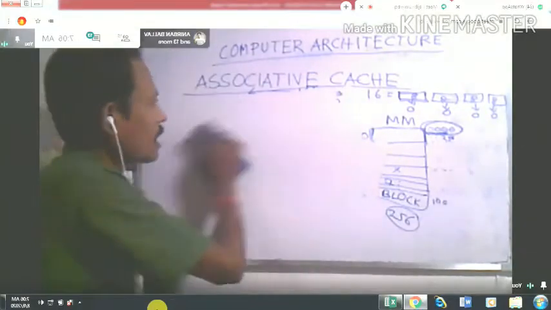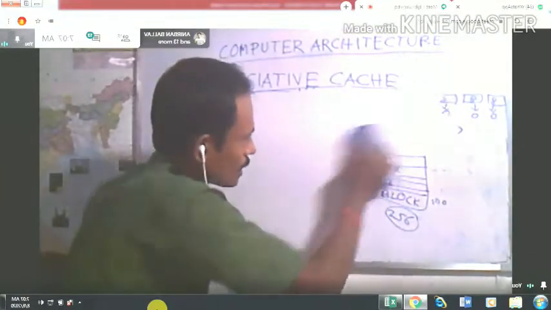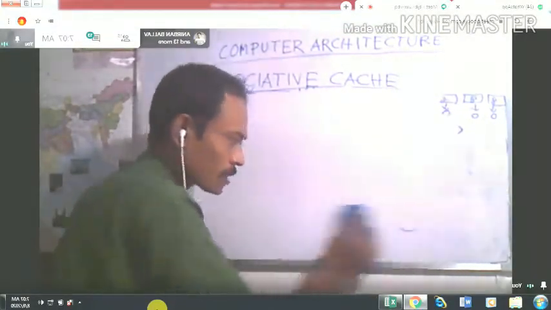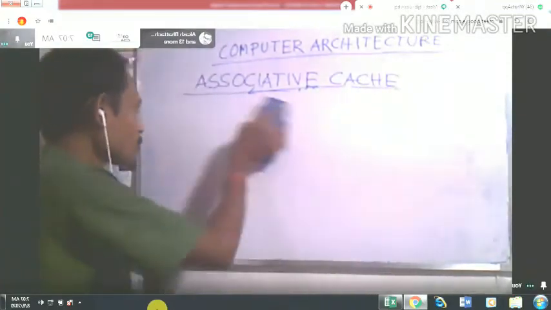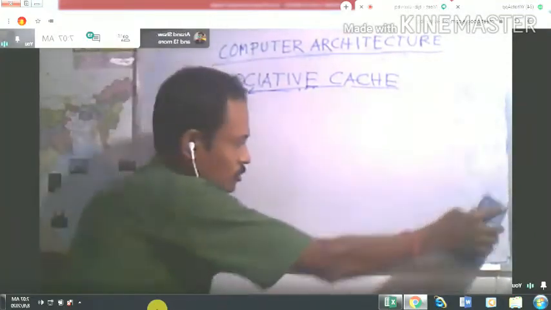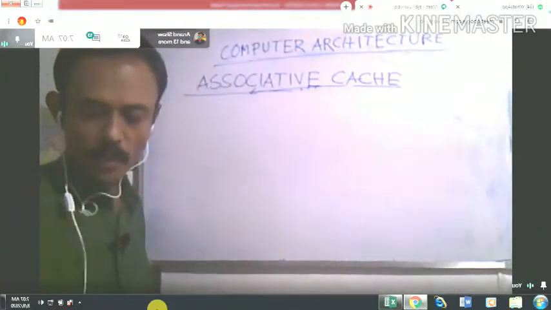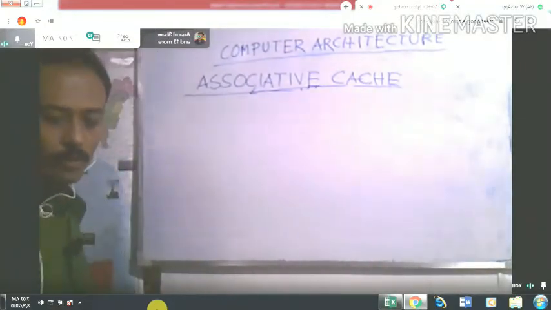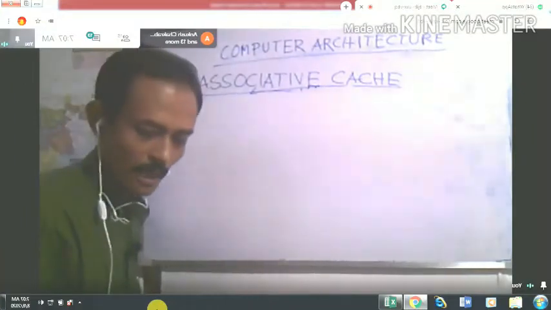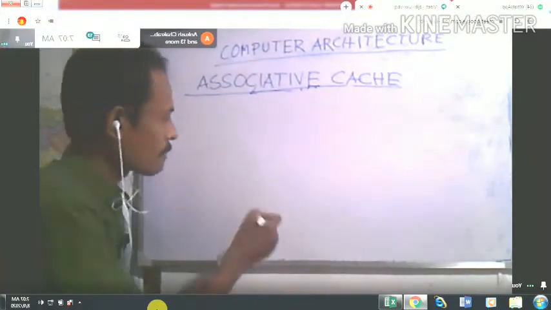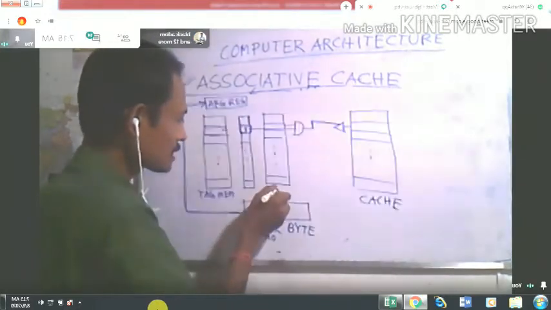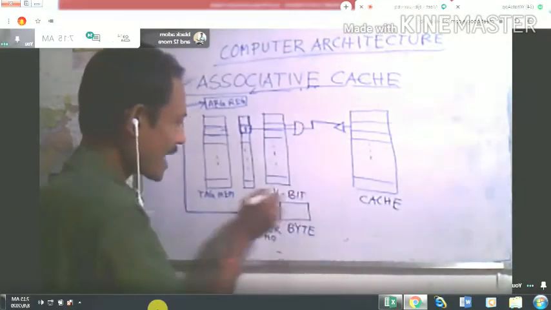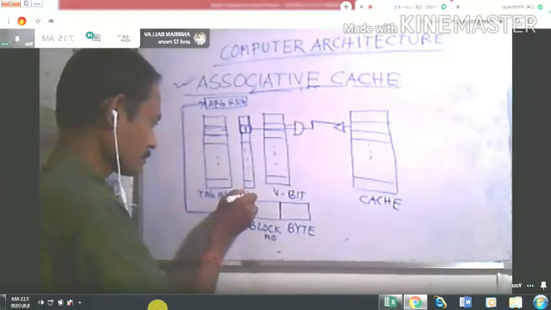So up to this we understood what is called the main memory block, what is called the cache memory block, what is called the tag memory, and what is called the valid bit. So we already learned all these concepts. Now suppose your CPU generates an address. This is the valid bit and this is the match bit.